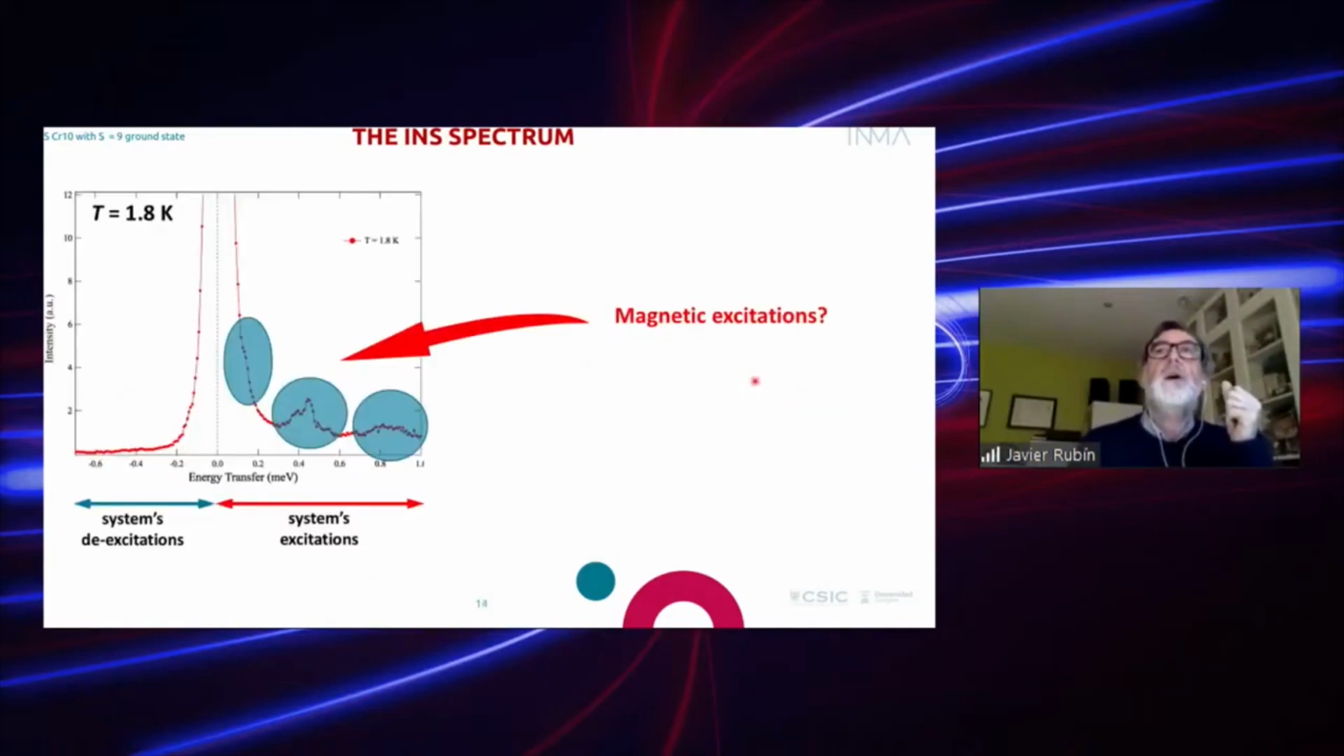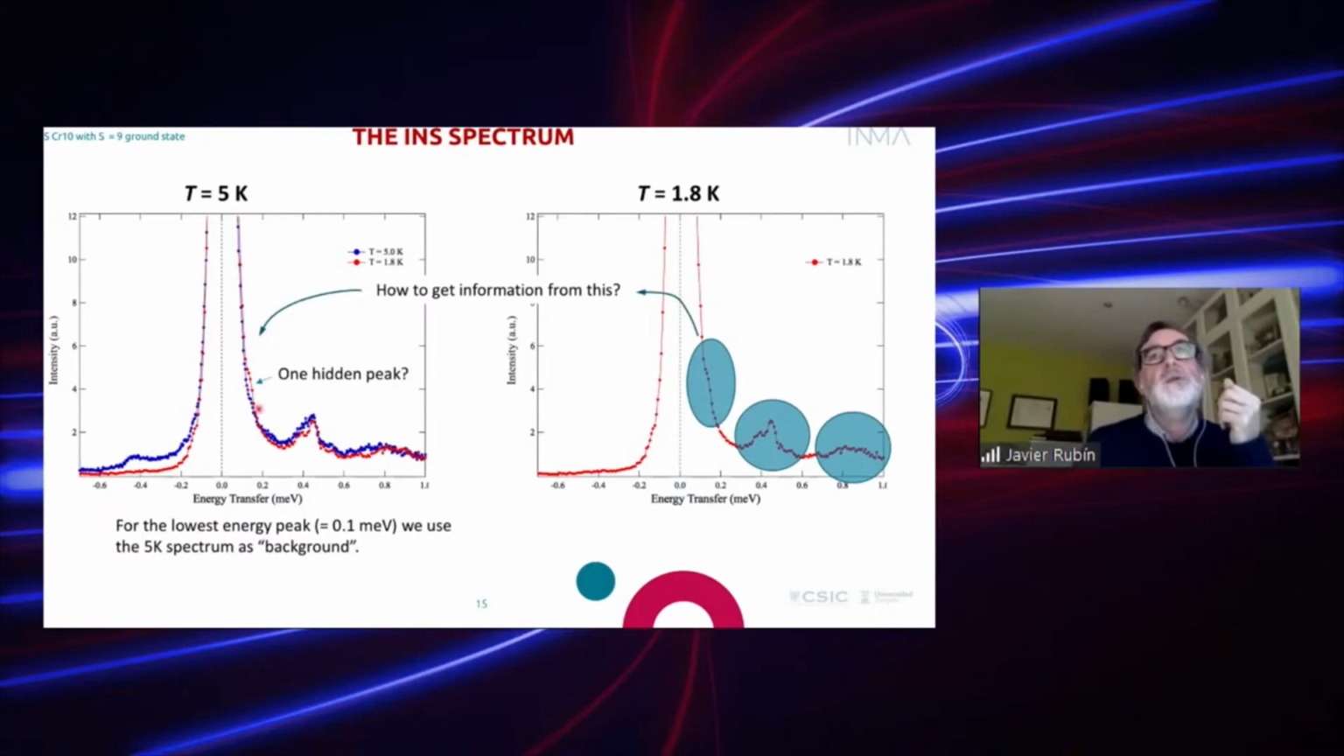Now, how can we get information from this? First, we have to check that these peaks or excitations here are magnetic and do not have something to do with elastic effects or vibrations in the system. In order to get that, we have to try to extract and subtract the elastic peak, and for that, what we did is take a spectrum at 5